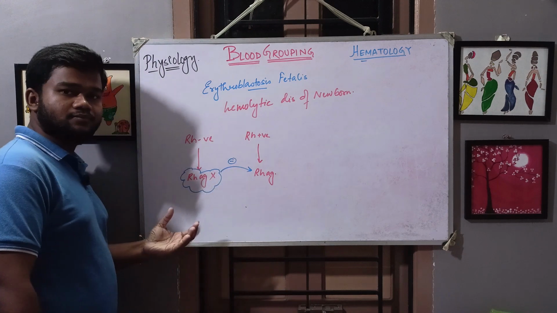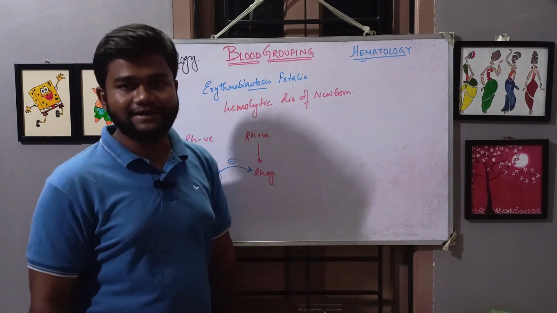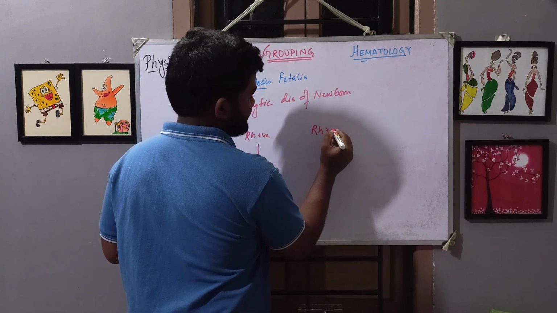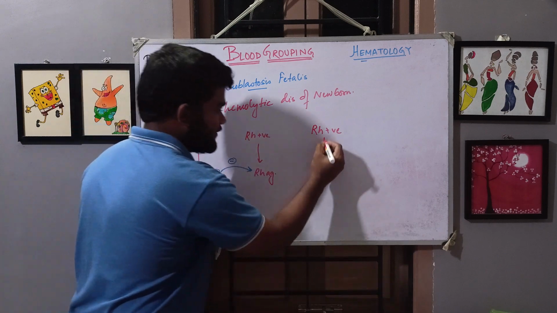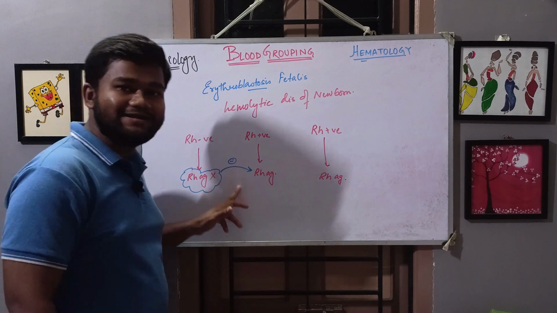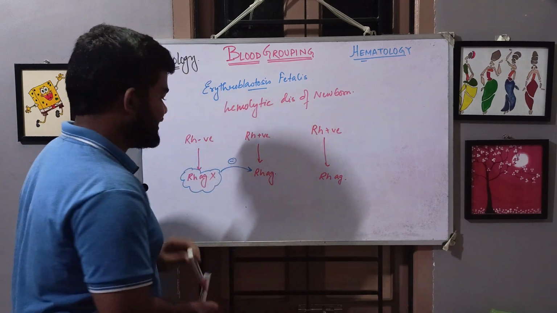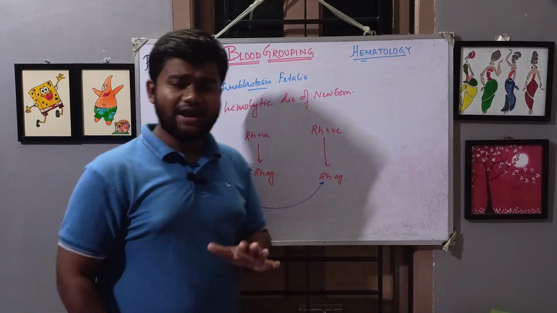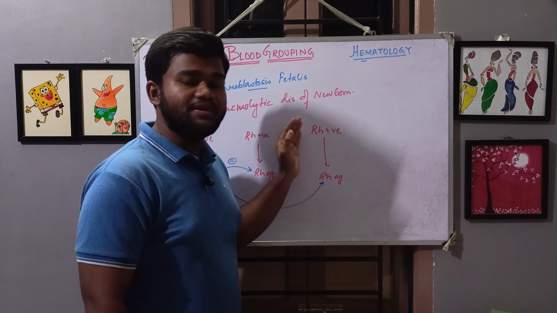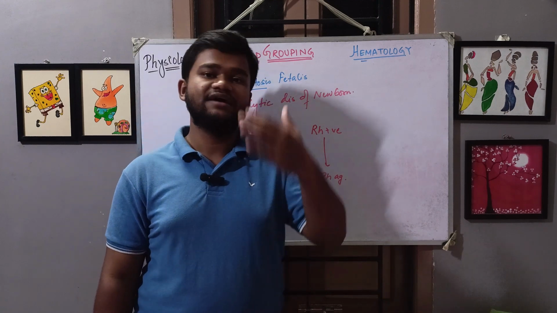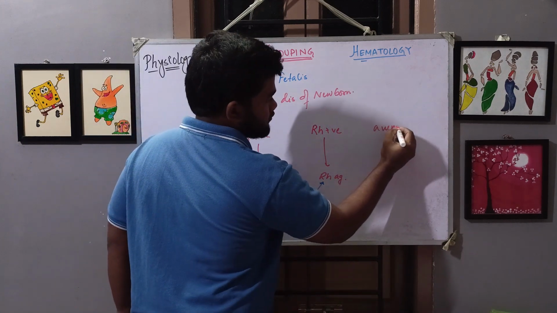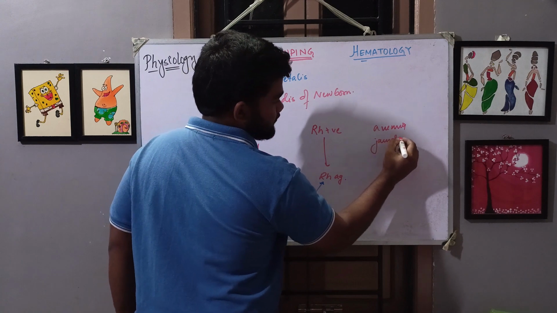Now, when this mother gives birth to her second child, if that child turns out to be Rh positive again, then this child will have Rh antigen. Now, the maternal blood has got the Rh antibodies against this Rh antigen, which will then attack these Rh antigens of this second child. As a result, this child will turn out to be diseased, known as erythroblastosis fetalis. The common symptoms of erythroblastosis fetalis are anemia, jaundice, and some renal